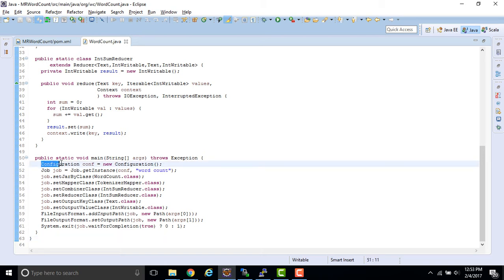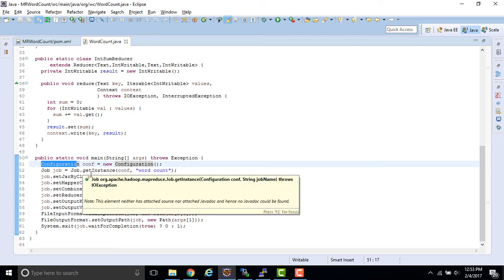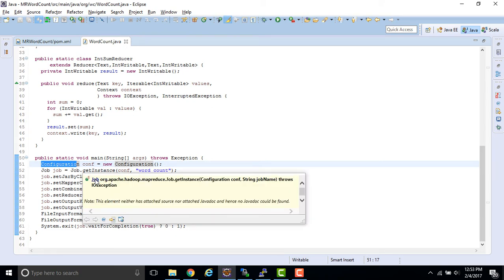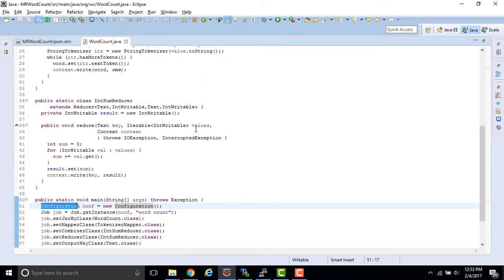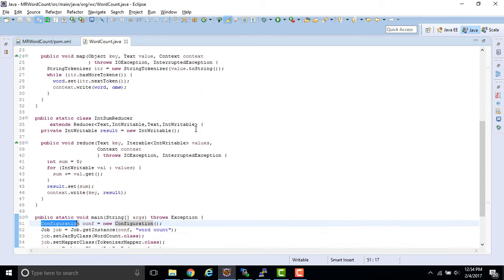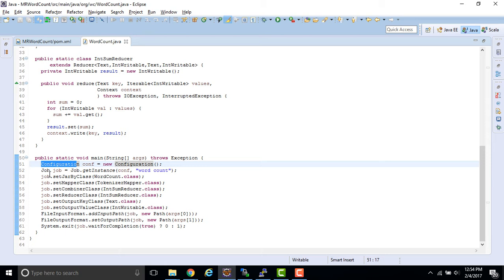There is a class called Configuration. We are creating an object first, and the MapReduce tasks run as jobs. So each MapReduce task will be one job. Since here we are running a simple MapReduce task, we are creating only one job for that. First we are creating a job, and using that job we are setting up a jar